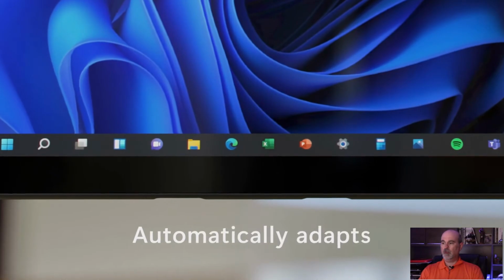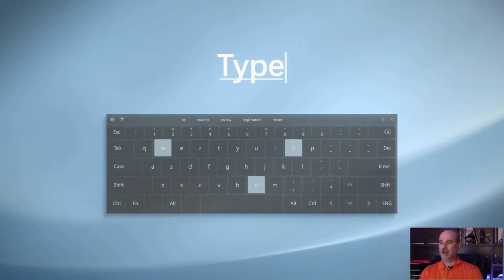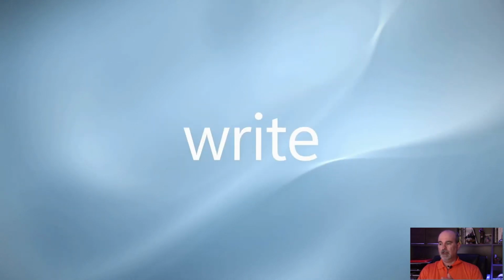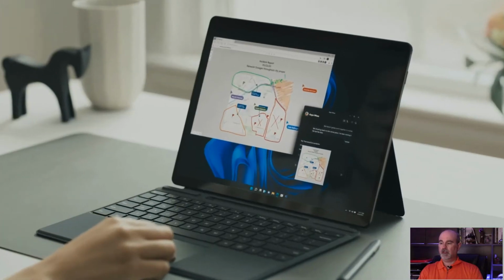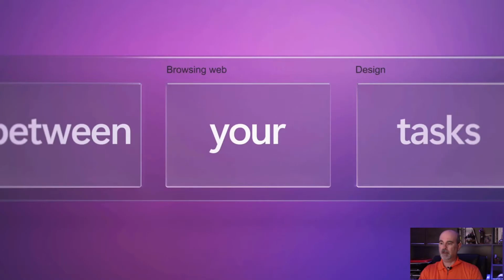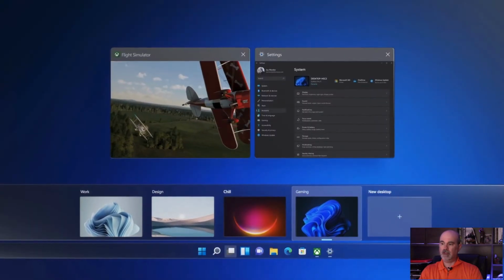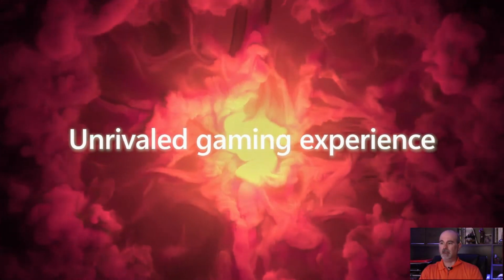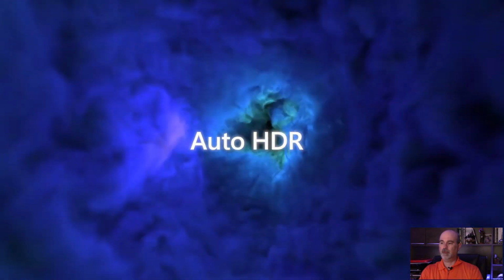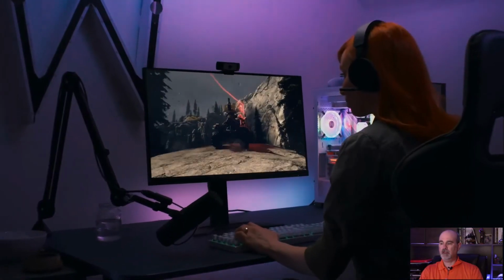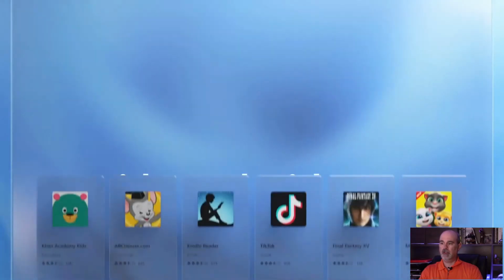And the way you work with the system now, they're doing a lot that makes it easier to work with, apparently. So the interaction is a lot better, and working between different tasks, you can have different desktops that you can have for different categories of things, and that's not new either. Same as gaming, it's not new. Gaming is a big part of Windows, and they just have it so that the graphics in that will display a lot better on Windows 11.